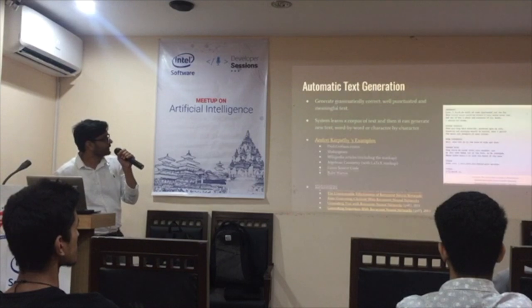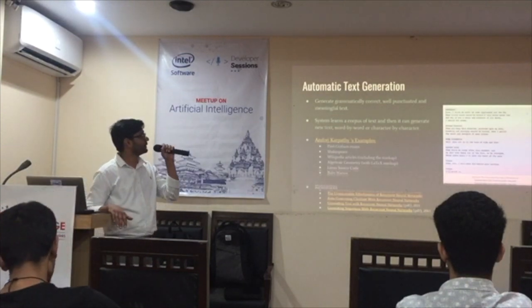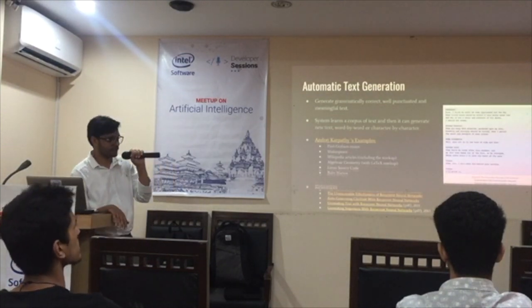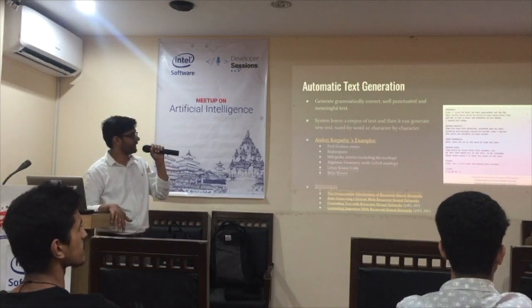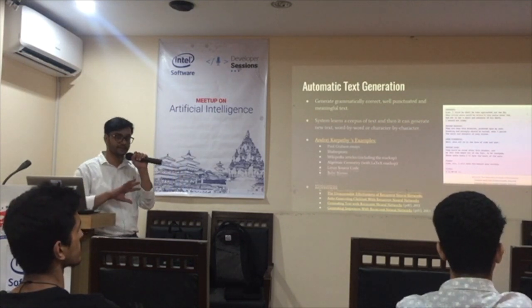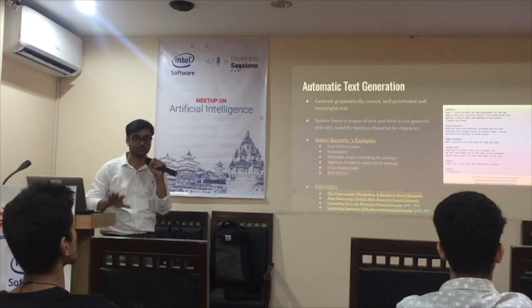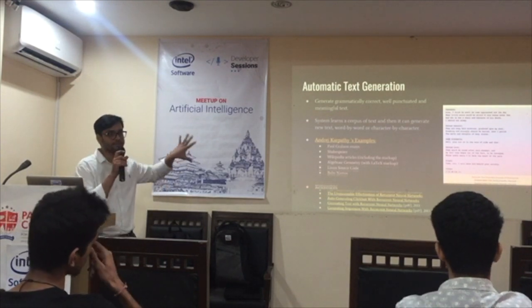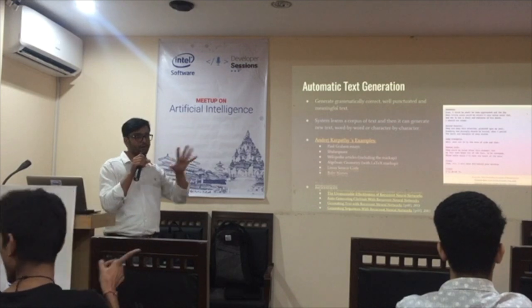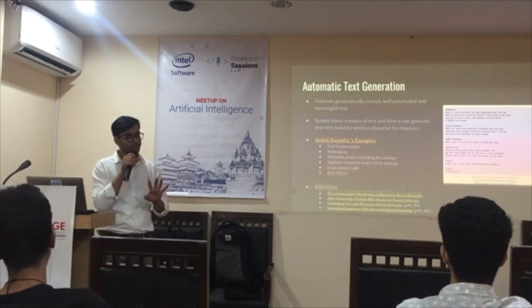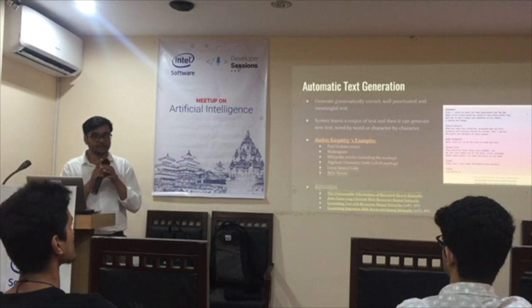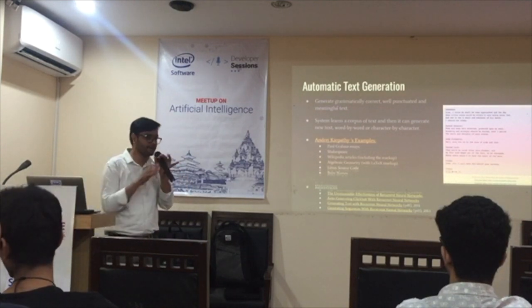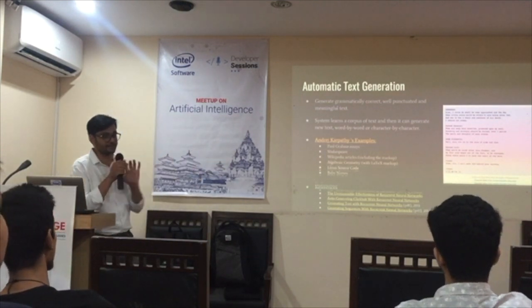Okay, then there is another example of automatic text generation. It is also a very good achievement in the deep learning or machine learning field. It will automatically generate articles or text. Suppose the system is trained on all Nepali news sites, then from tomorrow it will start writing its own news. So this is one of the very interesting, fun examples. I have also tried this.